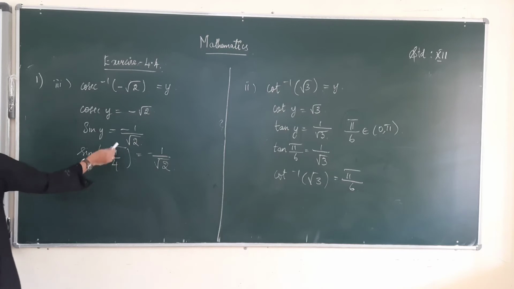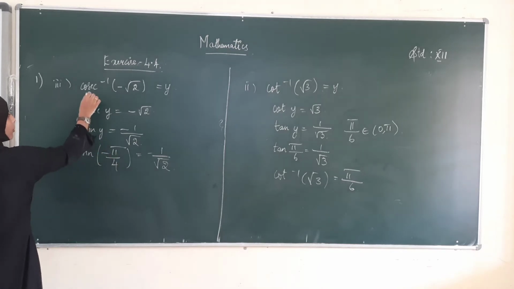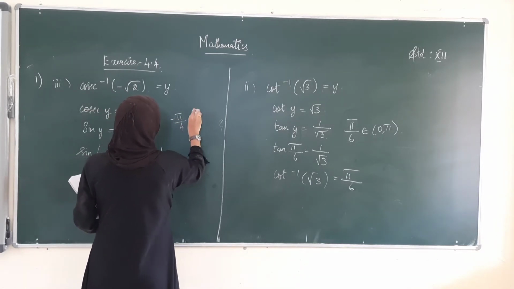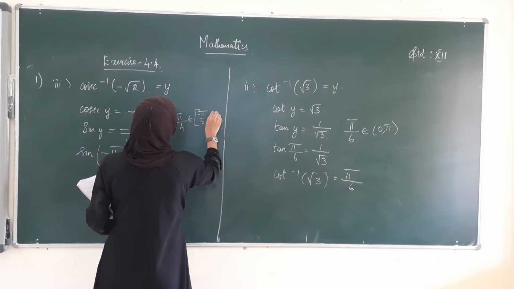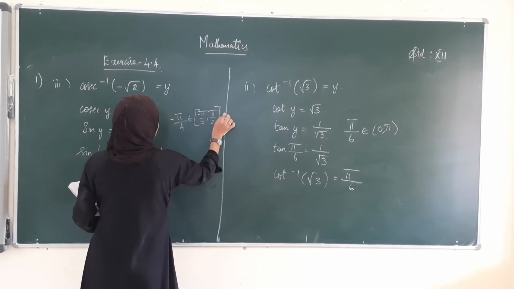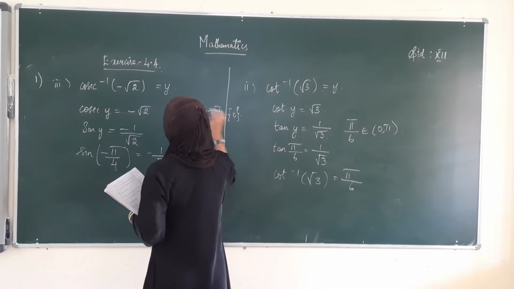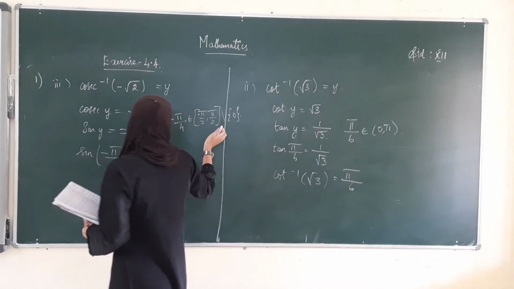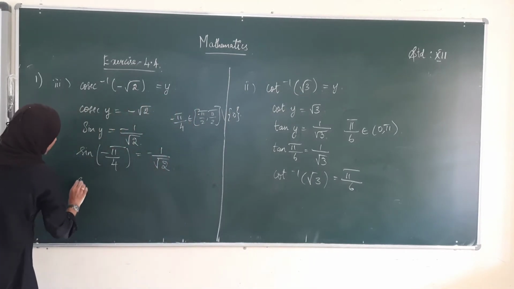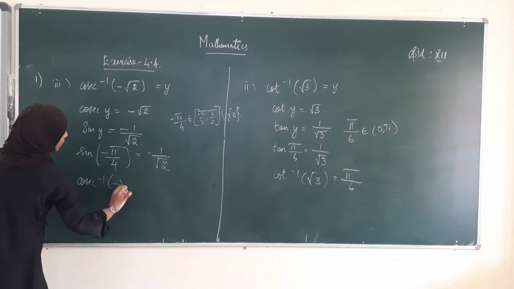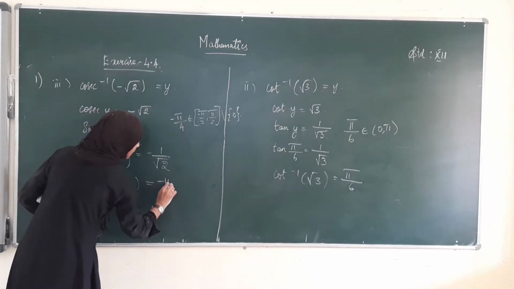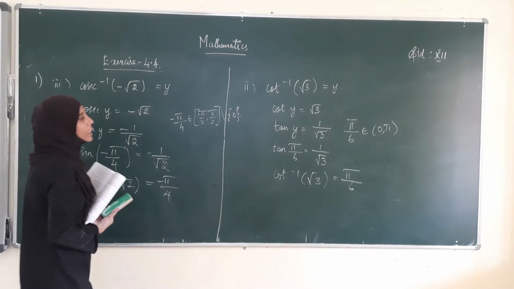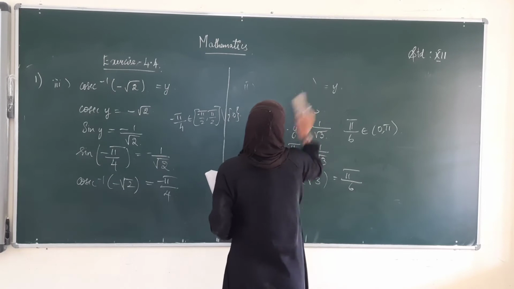Now we have to prove that minus pi by 4 belongs to the range of the cosecant inverse function. See here, minus pi by 4. What's the range? Range is from minus pi by 2 to pi by 2 except 0. This is the range of the cosecant inverse function. So minus pi by 4 belongs to minus pi by 2, pi by 2 restricted 0. Therefore the value of cosecant inverse of minus root 2 is minus pi divided by 4. Hence we have completed the first sum. Now let us see the second sum.